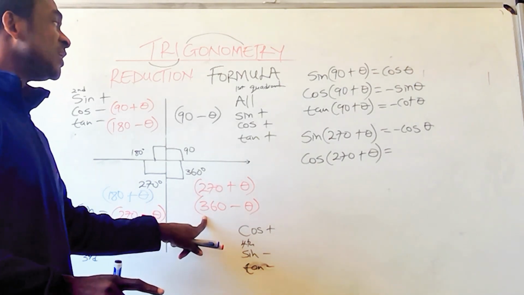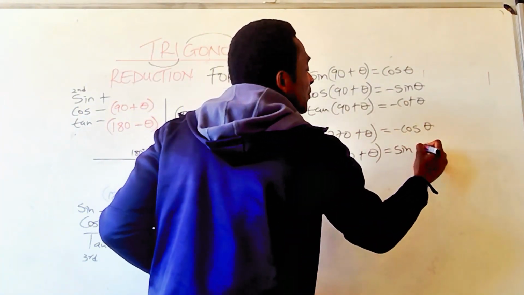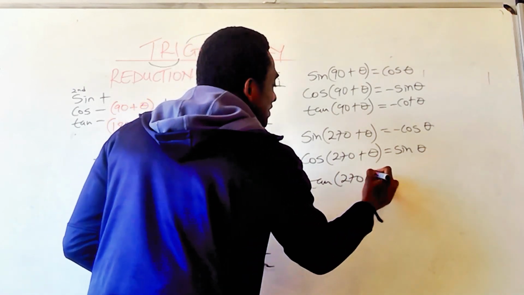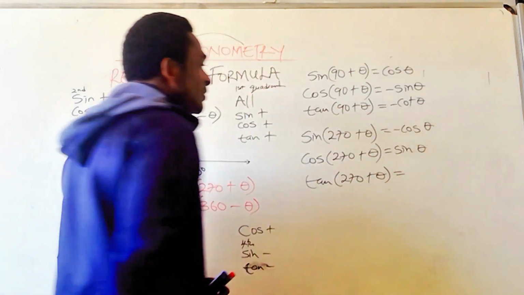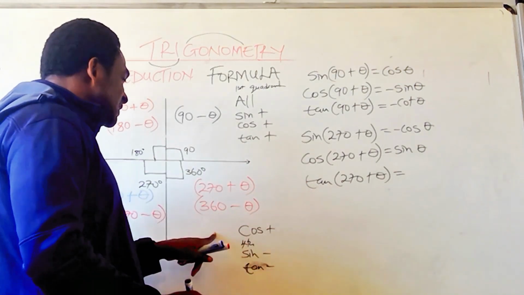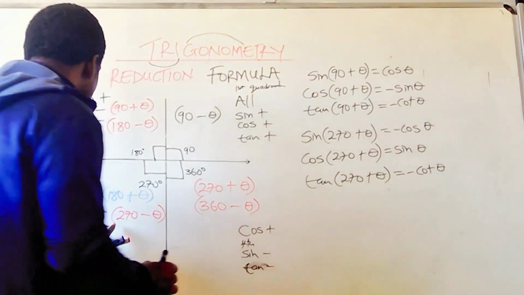Cos is positive here, so the cofunction will also be positive. If we are looking at tan of 270 plus theta, tan is negative here, so the cofunction will be negative, cos theta. Now let's look at